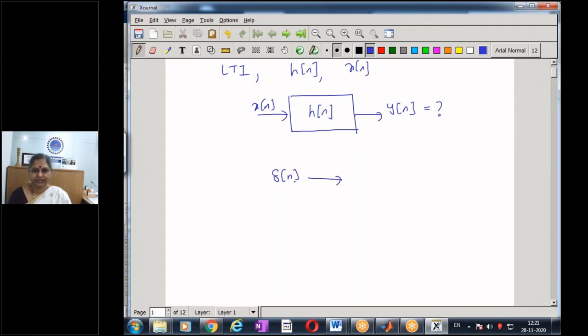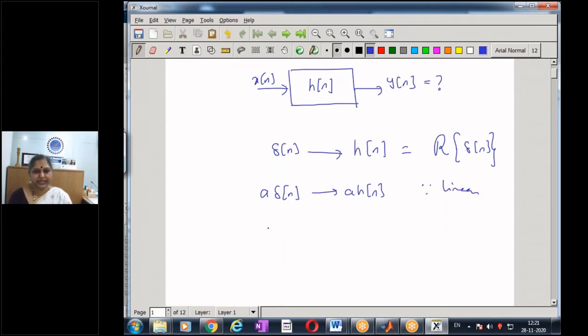So to the system, if I give an input x[n], I am getting the output as the impulse response h[n]. So my input to the system is a unit impulse function delta[n]. The output of the system is h[n], or I can also say h[n] is the response of the system to an input delta[n]. And because the system is linear, if I multiply my input by some constant a, a times delta[n], my output is going to be a times h[n], because the system is linear.